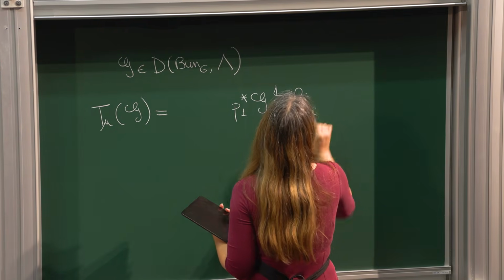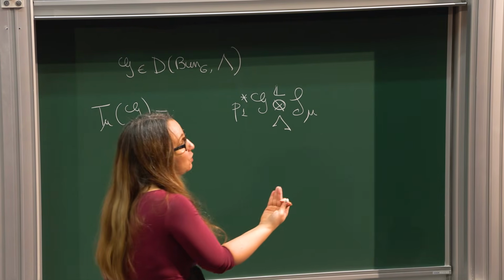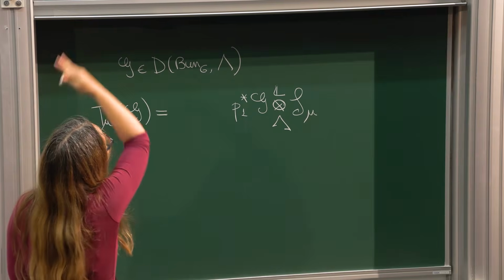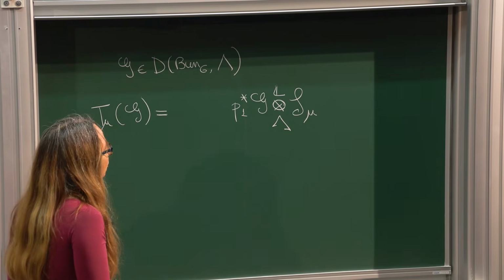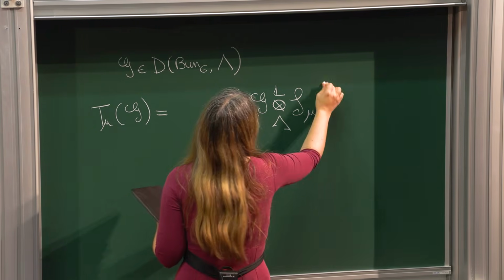This Satake sheaf knows about the cocharacter, and this definition works for general cocharacters. They don't need to be minuscule. And then there's a